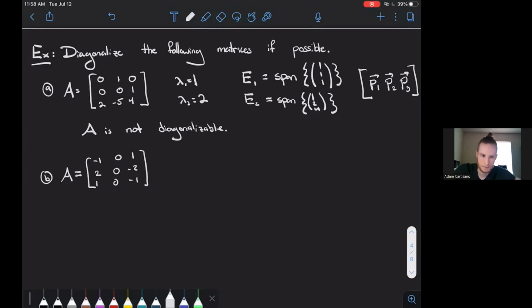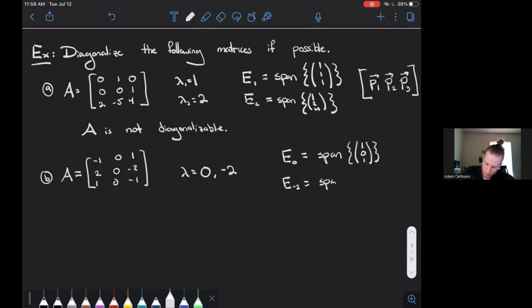What about this other matrix? So this one had lambda equals 0 and lambda equals, is it negative 2? Negative 2. We had E0 was just the span of 1, 0, 1. And then E negative 2 was interesting. It was the span of the following basis. We had 0, 1, 0 and